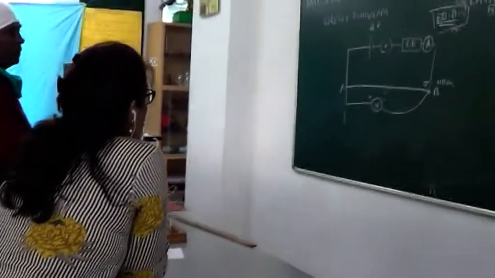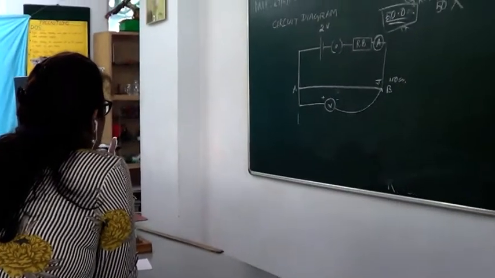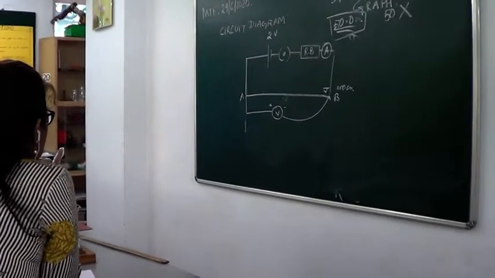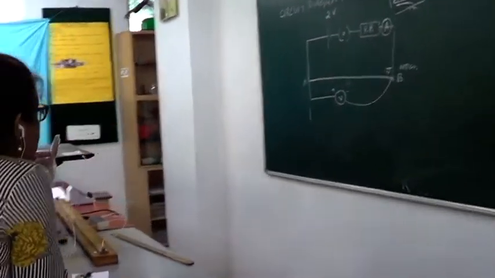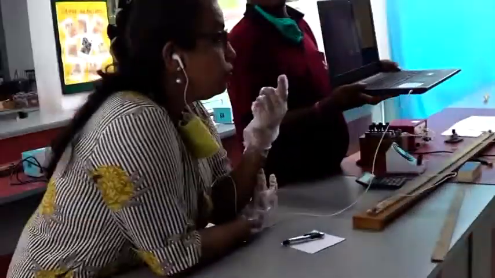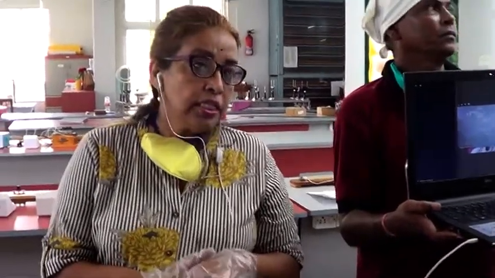You remember in class 10, you measure the potential difference across AB here. So in this case, AB is your 100 centimeter potentiometer. You have the 2 volt power supply, as you can see there. Then you have this key, and please remember, while you draw the circuit diagram, put that dot which ensures that your circuit is closed. These fundamental things are important. Understood? Then you make the resistance box and ammeter.